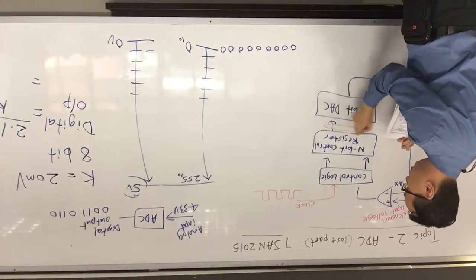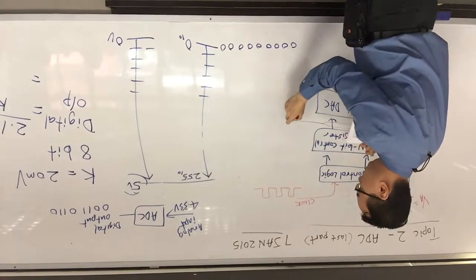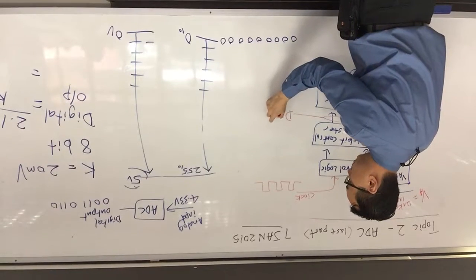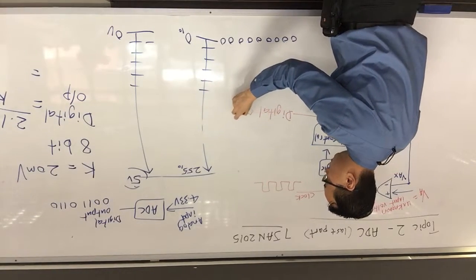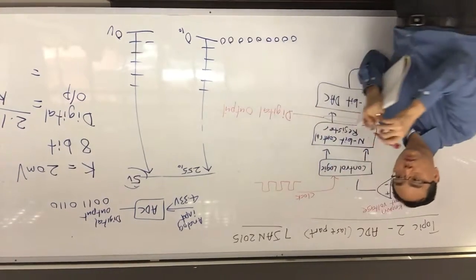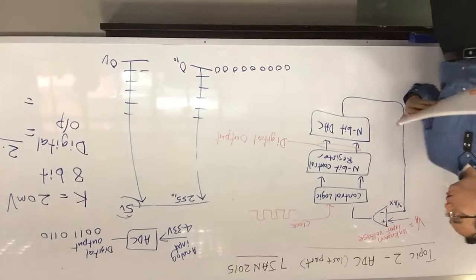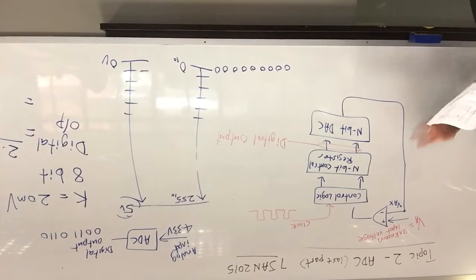So this is the output. This is the digital output. Now how this converter works,